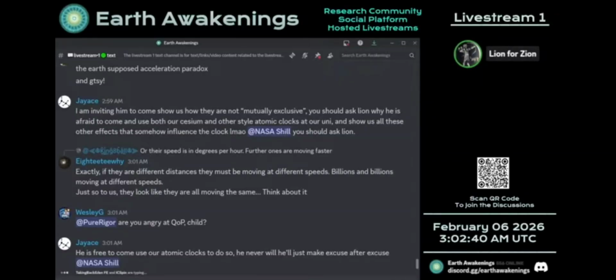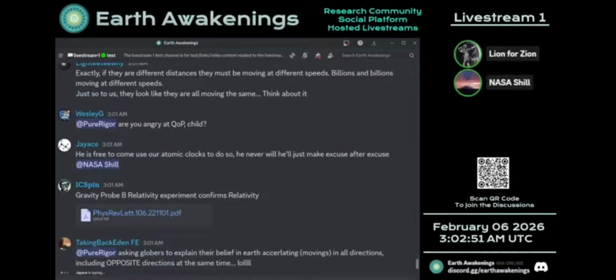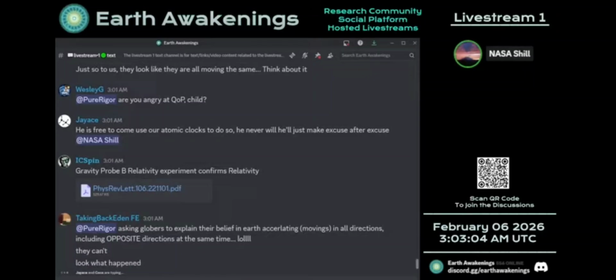You can make predictions about cesium atoms, but you've never isolated the dynamics, the cause, which is the crux of the conversation. You have a good hypothesis. You can make habitual observations and predictions. They did it with epicycles. You have an excellent hypothesis. He's talking about anything except atomic clocks. You say it's due to kinematics.